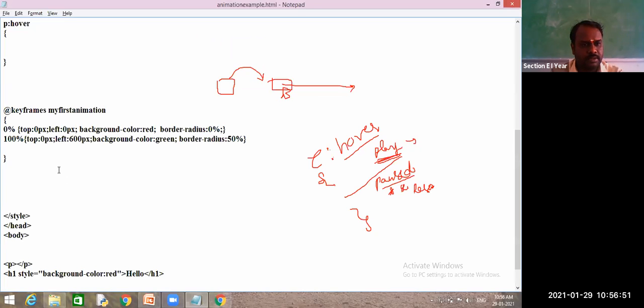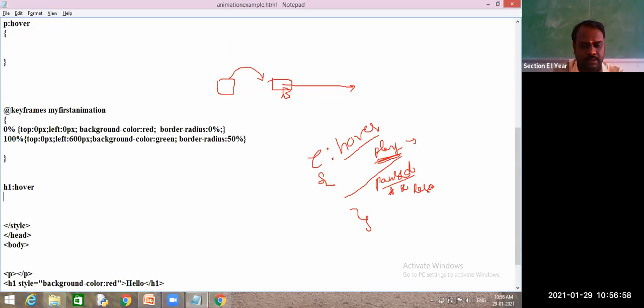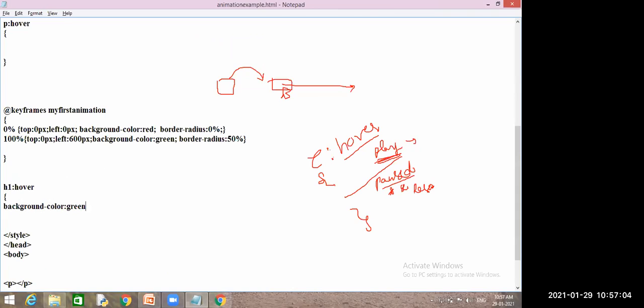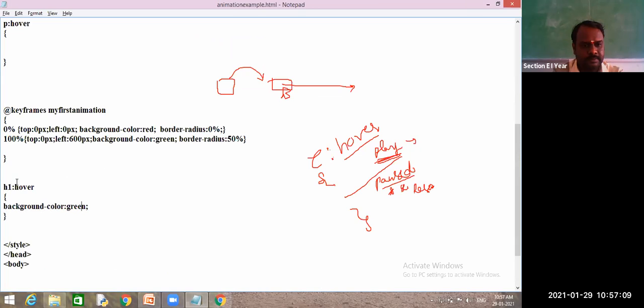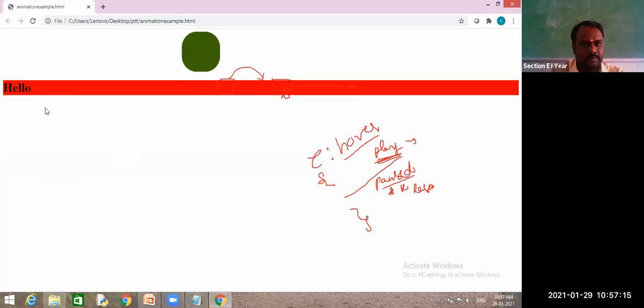This is red color. When H1 hover, background color is yellow. Okay, yellow. It's not applying.